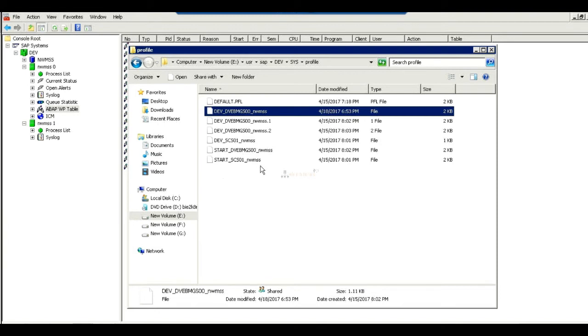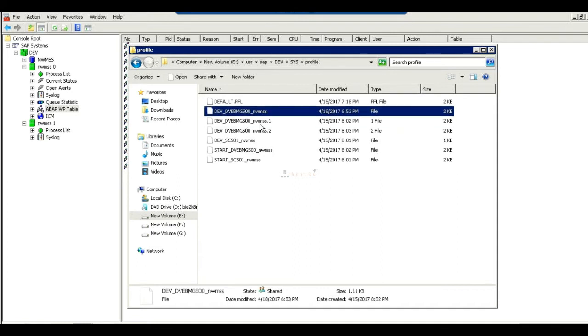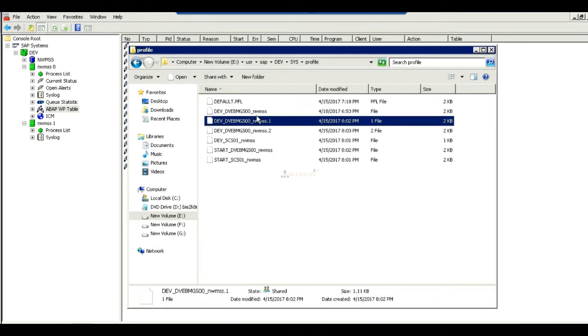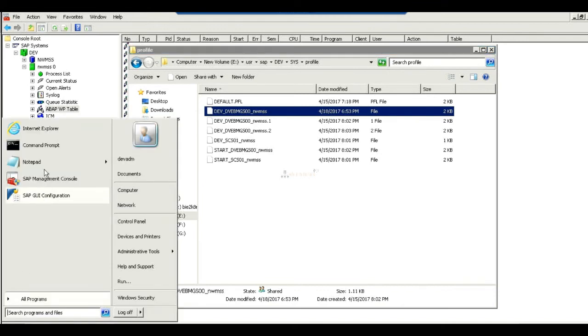So these profiles I can change from the operating system level. I can open and change it, but before changing, you need to take a backup of that profile. SAP level also we can change it, but at SAP level you cannot take a backup, so at OS level you need to take a backup. Before any change, do we need to stop SAP?